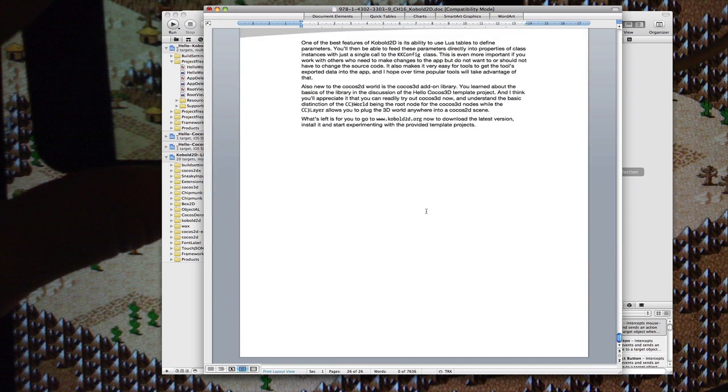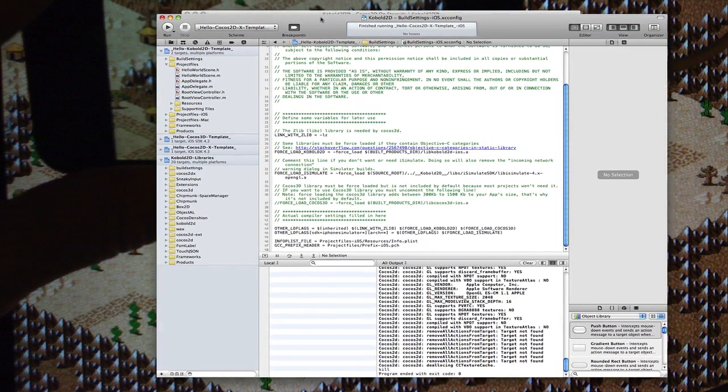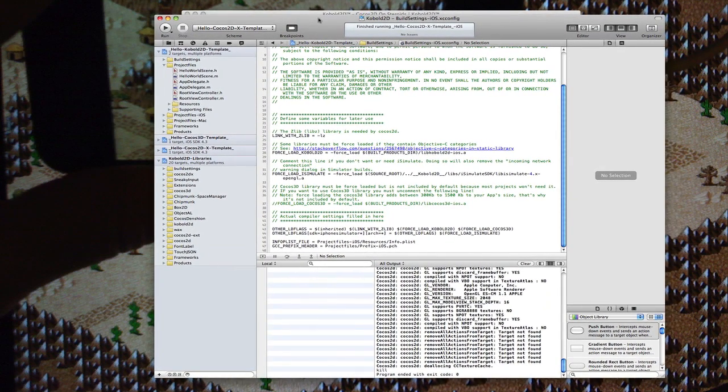Other than that, that should be it, and I hope you're looking forward to Kobold2D, which will be coming in also July, August. I'm aiming to release it closely to the release of the book, and maybe I'll sneak in an early, more or less semi-private beta version in the Kobold2D Central forum, which is at the address